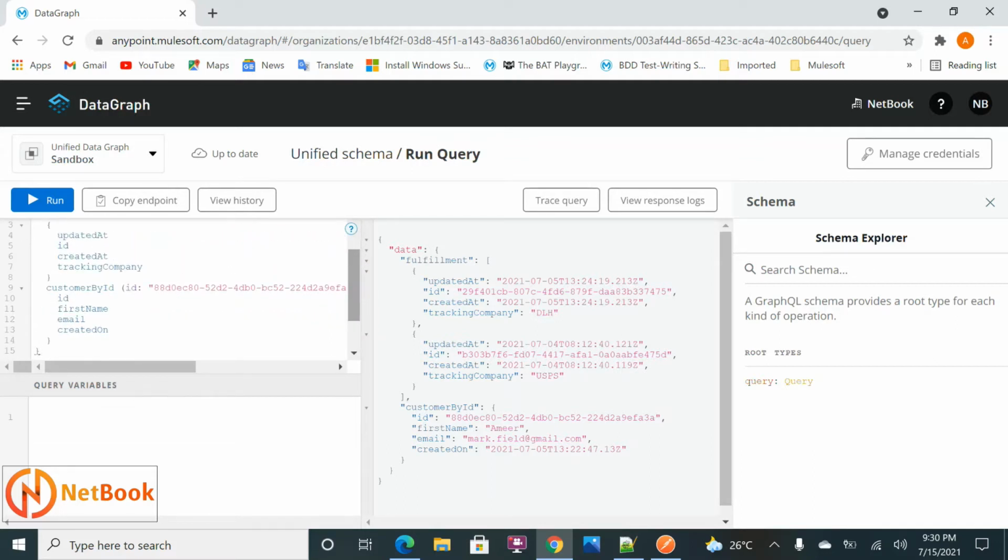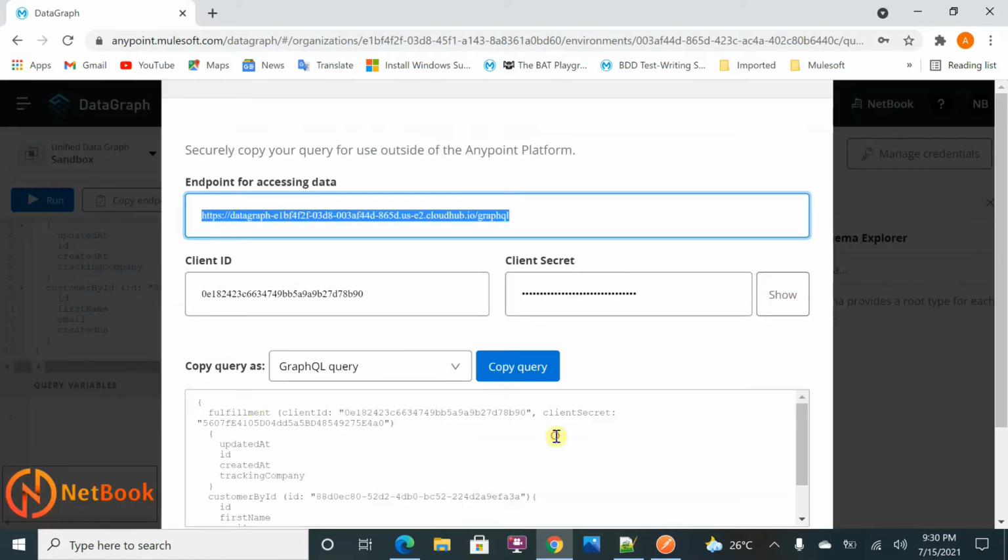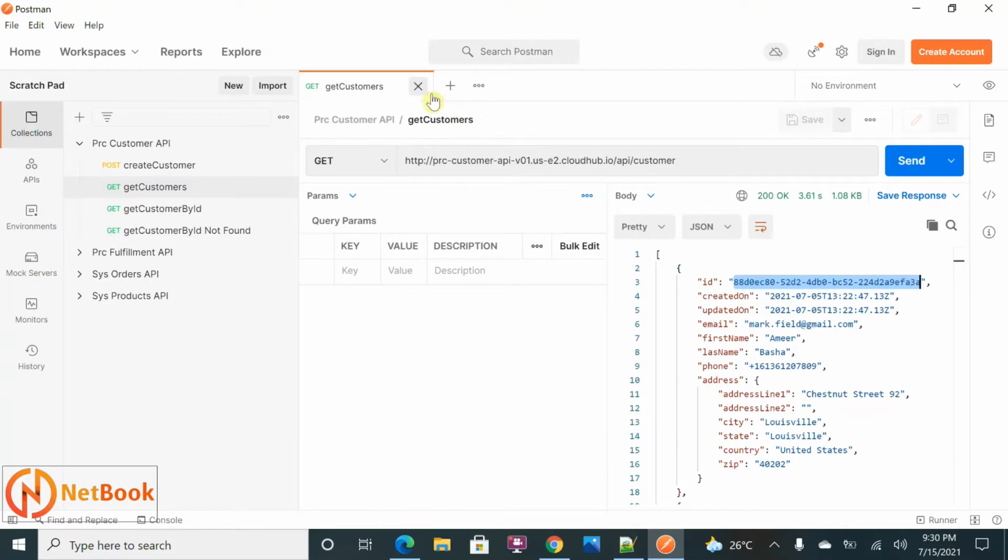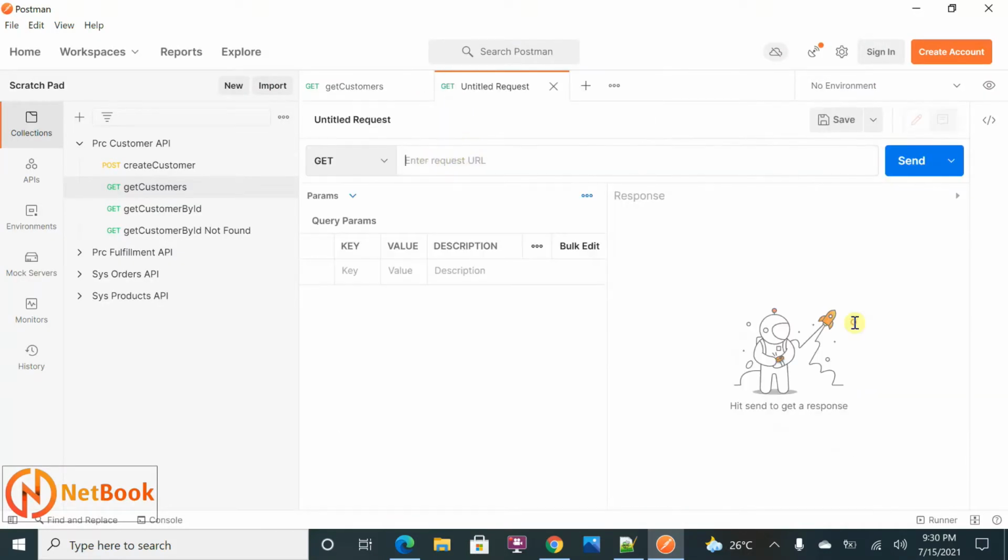Now, what I want to do is test this Anypoint Data Graph API from Postman. You can see over here, copy endpoint. When you click on that, you can see the URL for the Anypoint Data Graph API. Copy this. I'm going to click on Postman and enter the URL here.